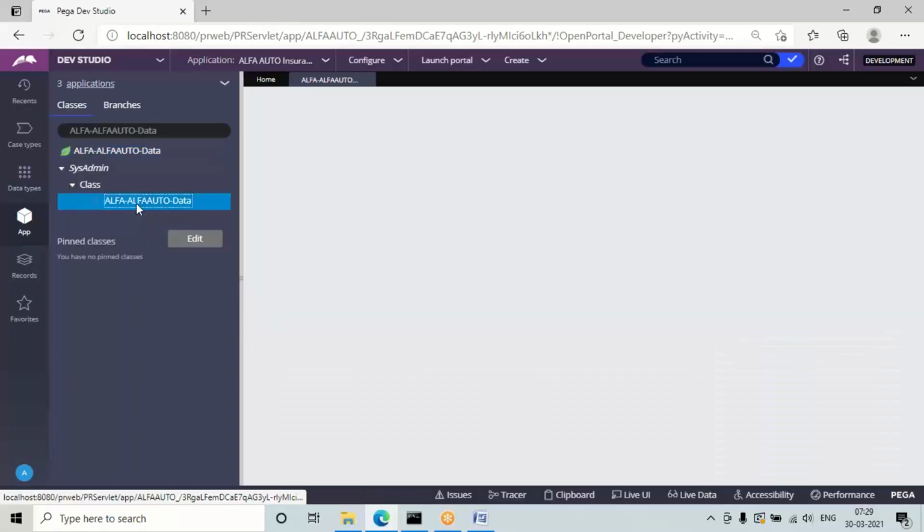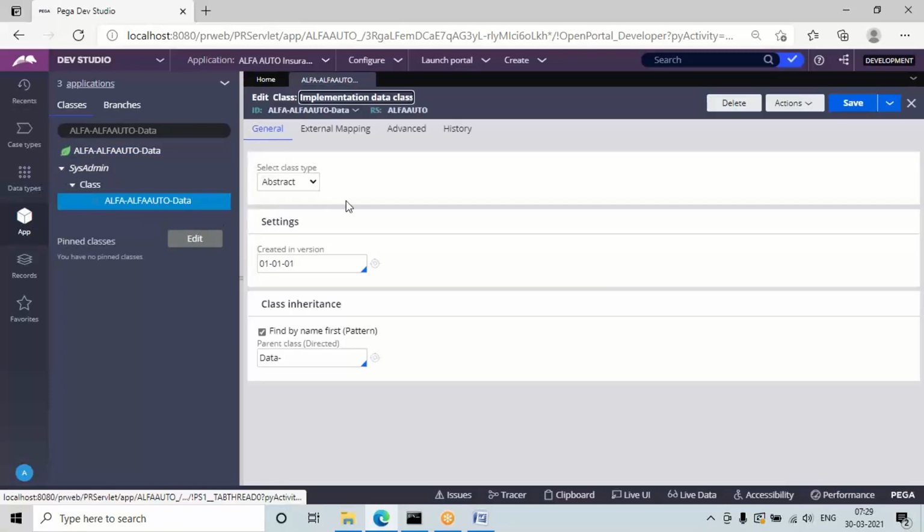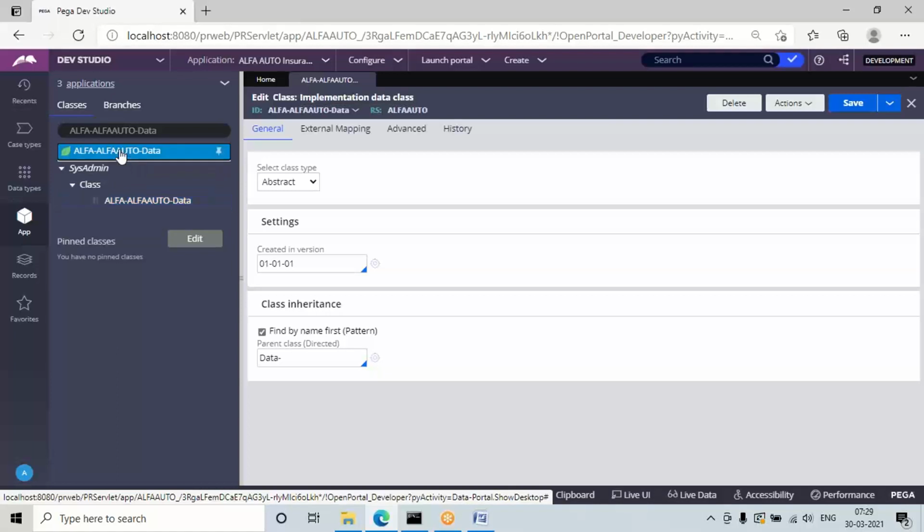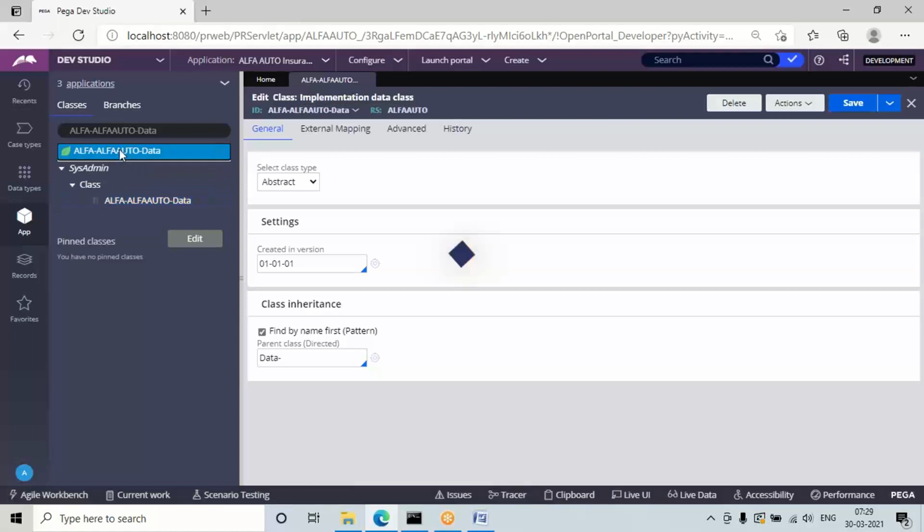Click on it, and it will go to the same page; the class rule form will open. So to open the class rule form, you can expand it from the sysadmin category and open it, or else right click on the class option and click on definition. Like that, if you want to know what type any class is, you can open it and check it this way.